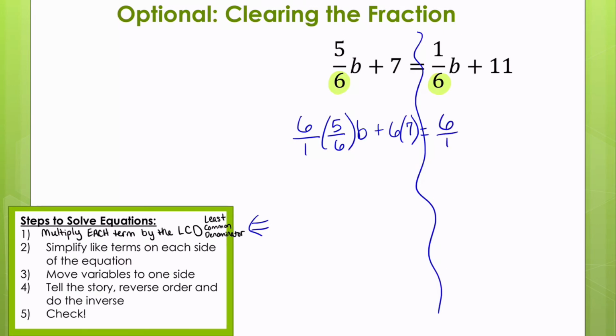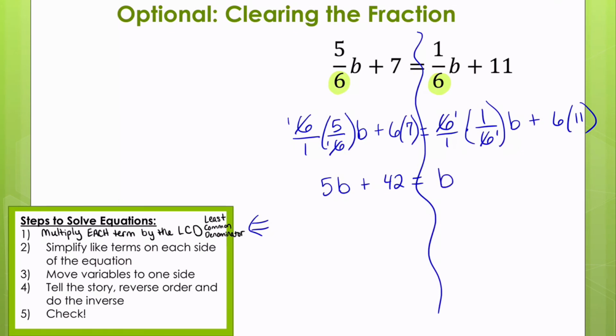So which equals 6 over 1 times 1/6b plus 6 times 11. My 6 over 6 are going to simplify to 1, and I'm going to be left with 5b plus 42, which equals, these also are going to simplify to 1b, or just b